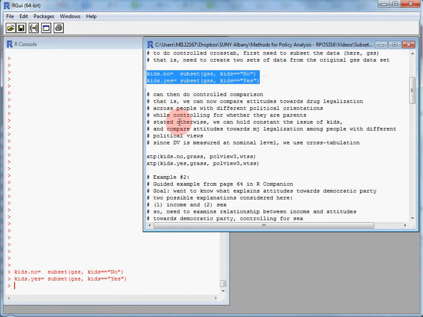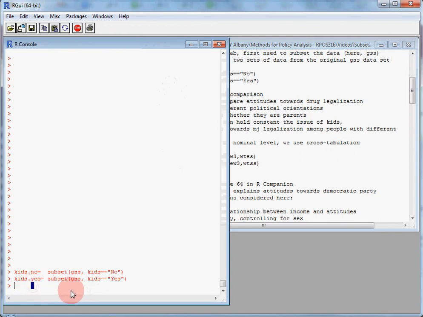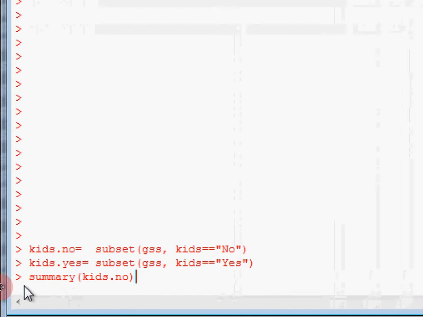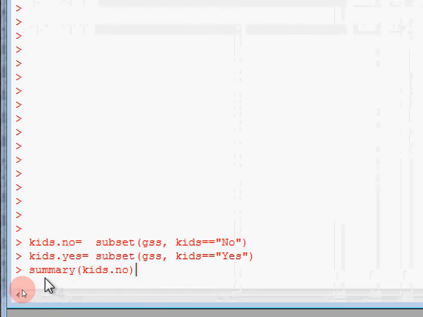Another way you could understand what this has just done is to summarize each of these newly created subsets of data, right? So let's come back down into the R console here. We could type a summary of kids.know, and let's just zoom in so everybody can see that clearly. Summary kids.know. This is going to summarize this smaller data set that we've created by focusing only on those individuals